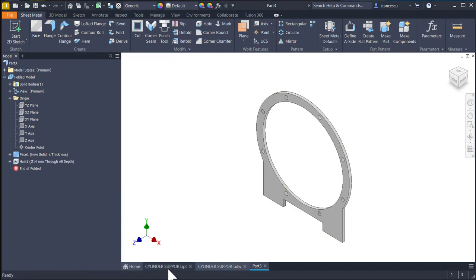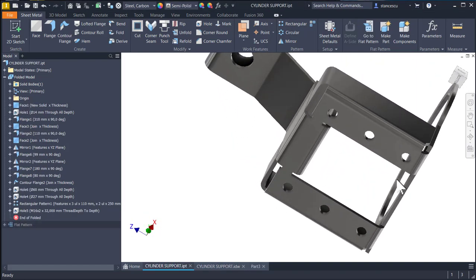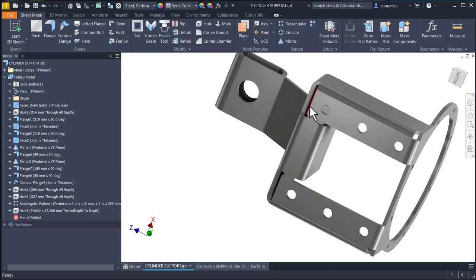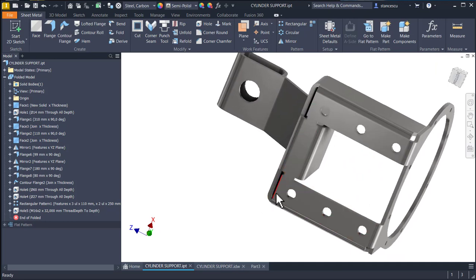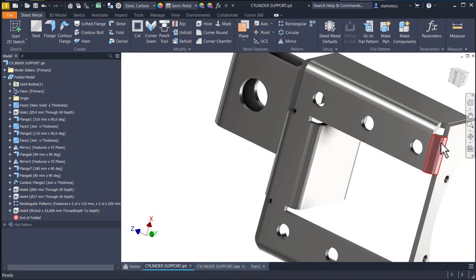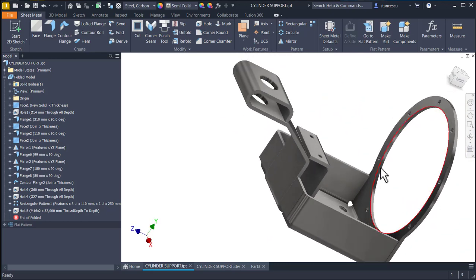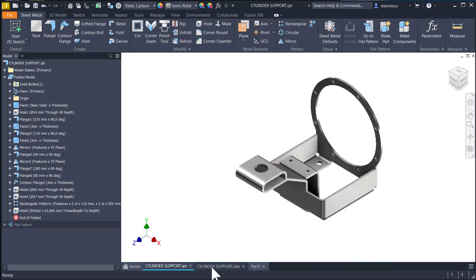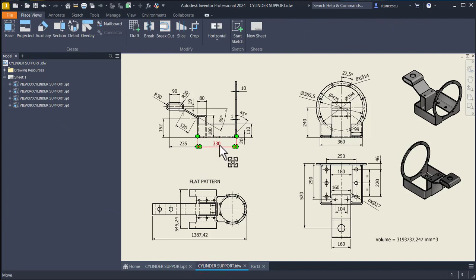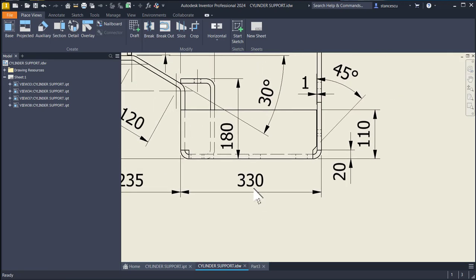Okay, now you see we have two flanges, these two, based on that two edges of the base of the ring. Dimension is 33. You must know that I'll place here